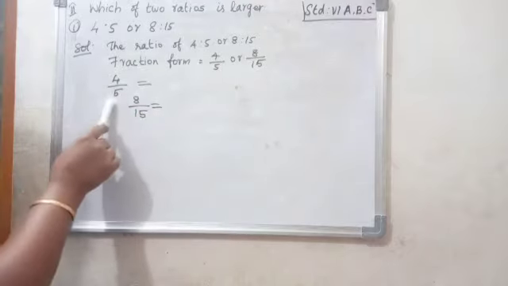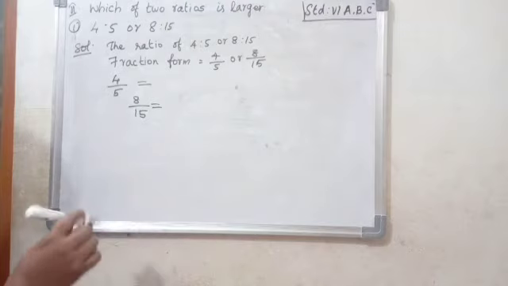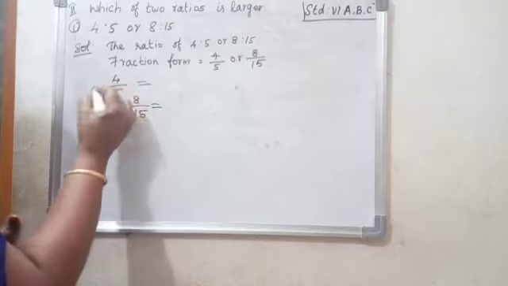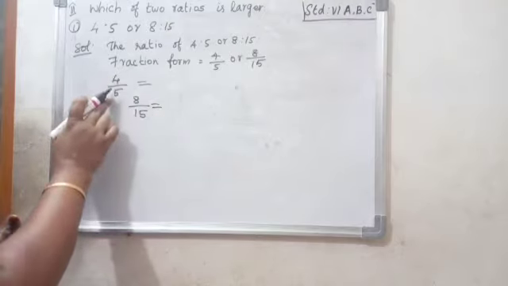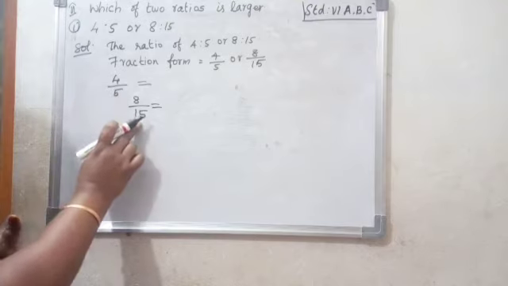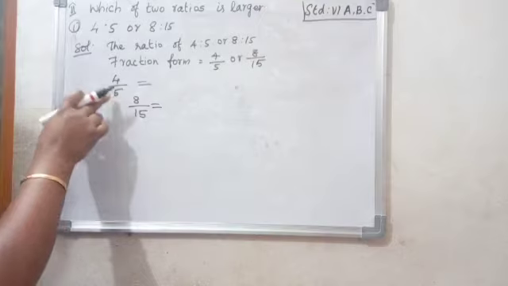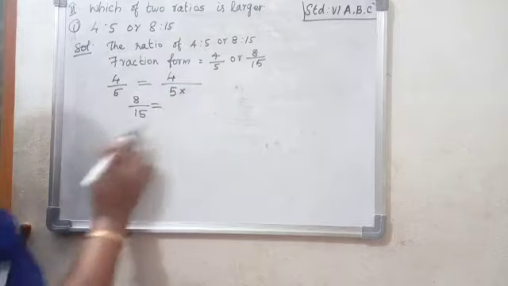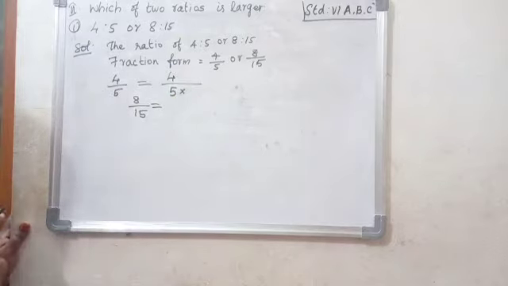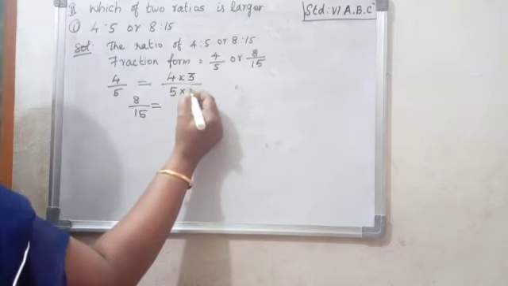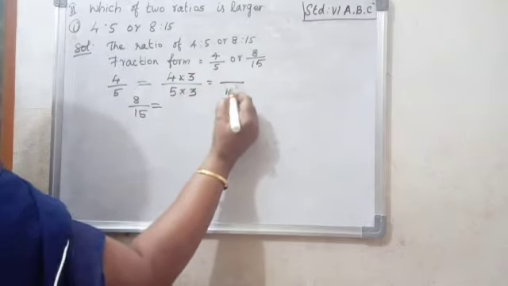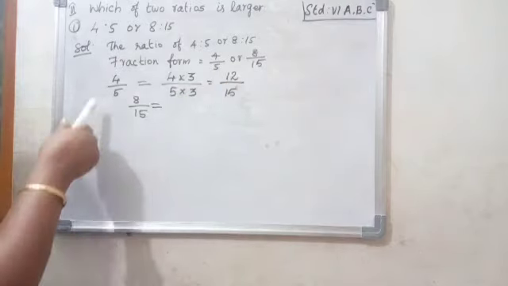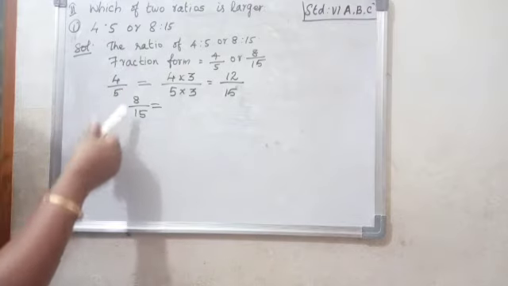For 4 by 5 we find the equivalent fraction. In these two fractions, the denominators are 5 in the first fraction and 15 in the second. So we check whether there is an equivalent fraction with denominator 15. What table, multiplied by, gives 15? Yes, into 3. 5 3s are 15, 4 3s are 12. So 4 by 5 has the equivalent fraction 12 by 15.